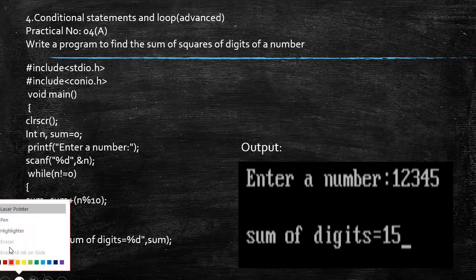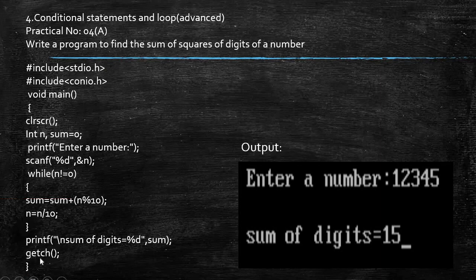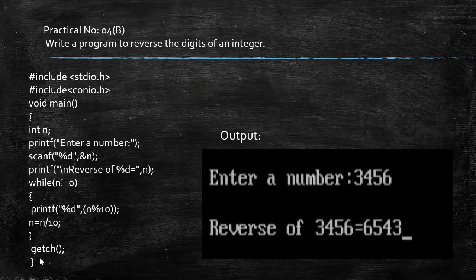Let's start with the next slide. Over here, this is a program to find the reverse of the digits of an integer. Basically, whichever number the user enters, this program will reverse that number. So accordingly, we have to use the logic. We are introducing the variable n. After that, through the scanf function, the user will enter the value for the n variable.